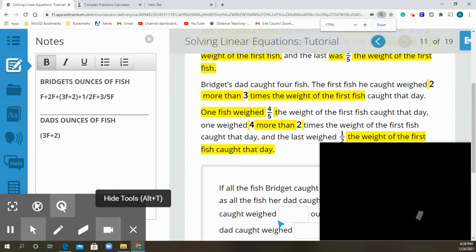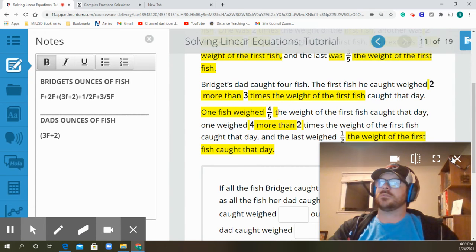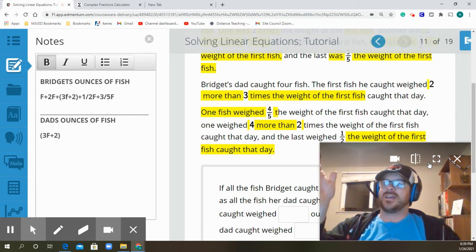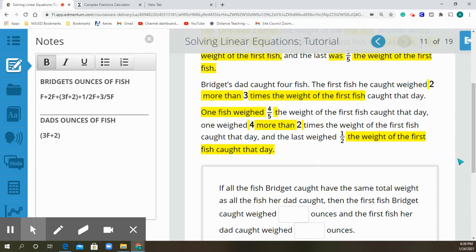All right. Again, let me zoom in. Oops, out one more. I don't know why my video's on here, but let's get rid of that. Okay, so 2 more than 3 times the weight of the first fish. 3F. Okay. Plus